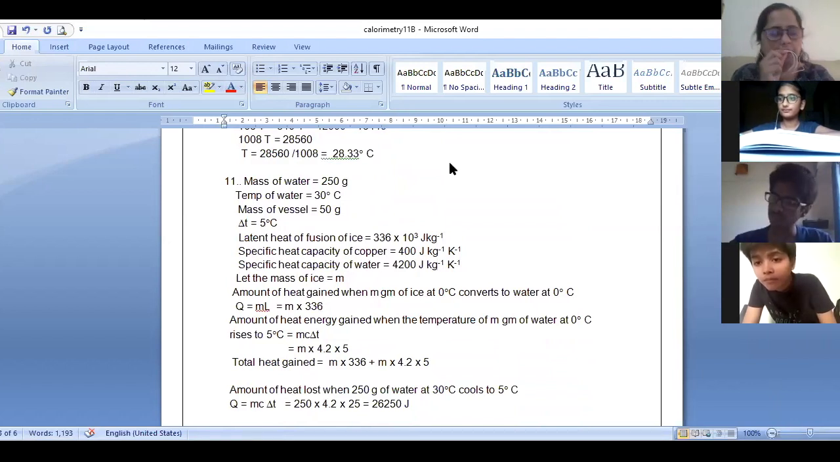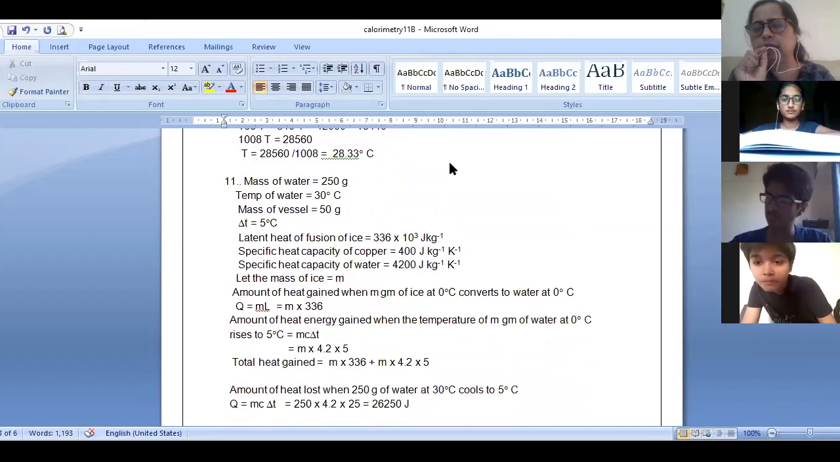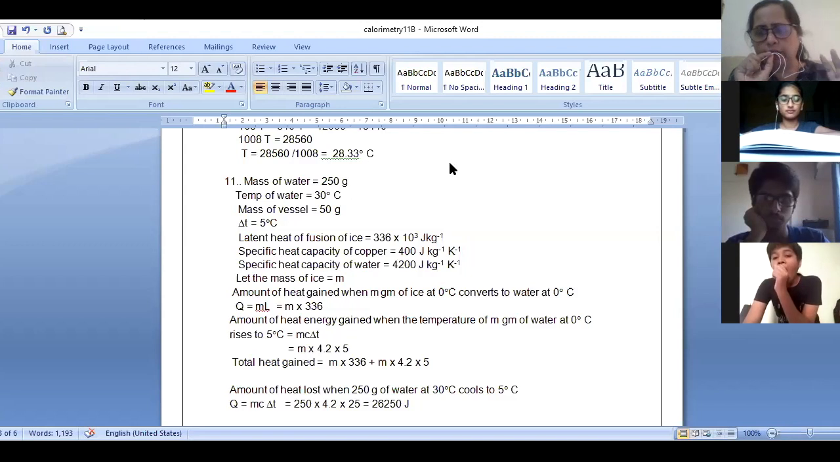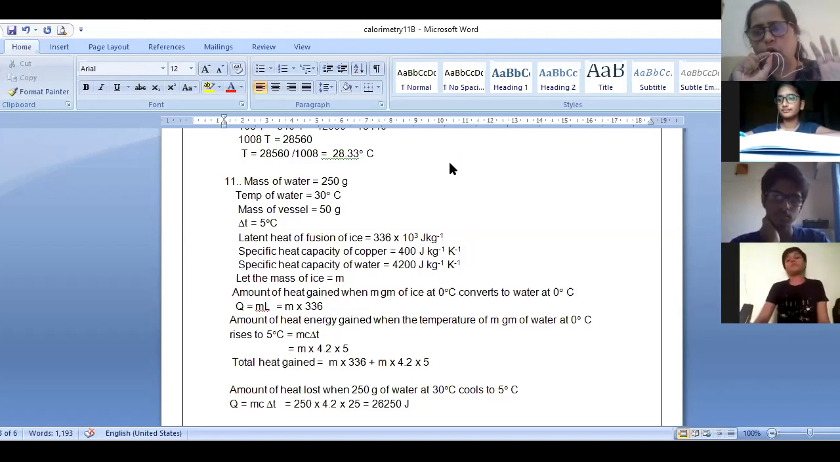Okay. Now, what is the main thing here? They have given you the specific heat capacity of copper. That means they want you to include the vessel in the calculations. See, children, the water is in contact with the vessel. Please try to understand. Whenever there is a loss of heat, first thing, when I put 50 degrees Celsius water in a copper vessel, let us say the copper vessel is at 20 degrees Celsius room temperature,